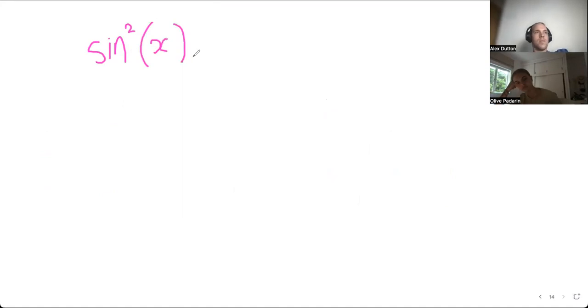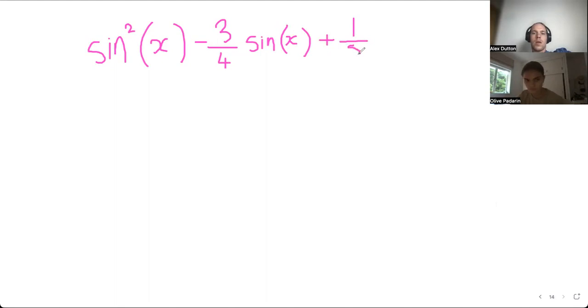And let's think, okay, these are a bit hard to do because they have to be fractions. Nonetheless, let's do 3/4, negative 3/4 sine x, or sine x. And then what's half? Plus an 8 equals 0. If we use the substitution, we get y squared minus 3/4 y